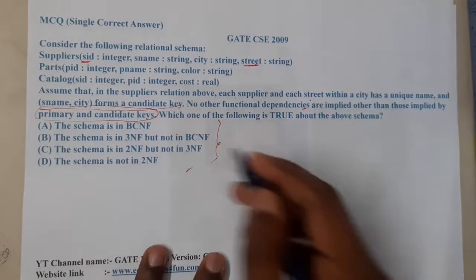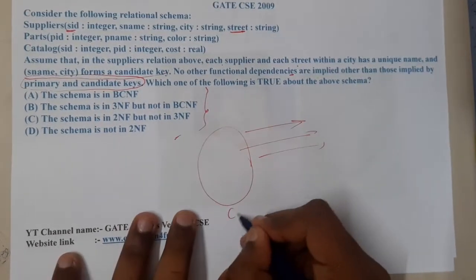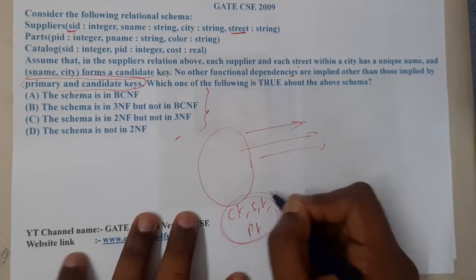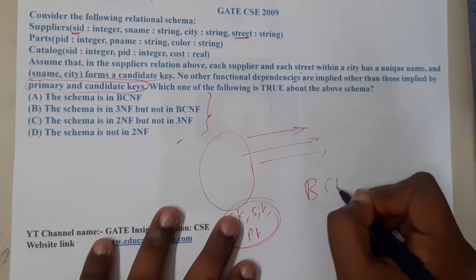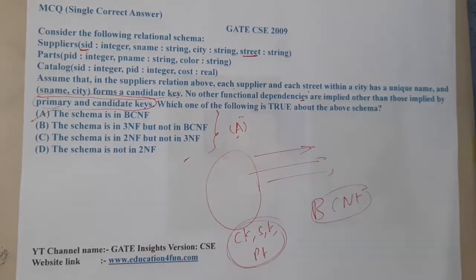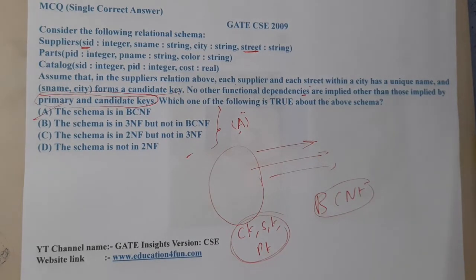So if you recall, if we are having some implications and on the right side I am clearly saying that it is a candidate key or super key or primary key, so indirectly if it is on the left side, it is directly in BCNF, right? So option A will be the correct answer. So it's one of the easiest and most direct questions, right? Okay, so I hope everyone got a clear idea on this.